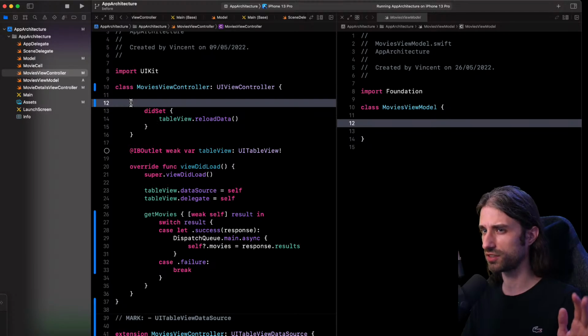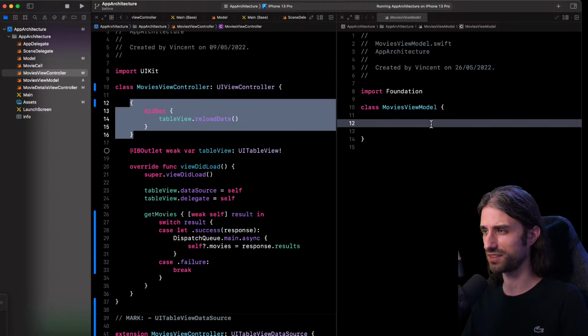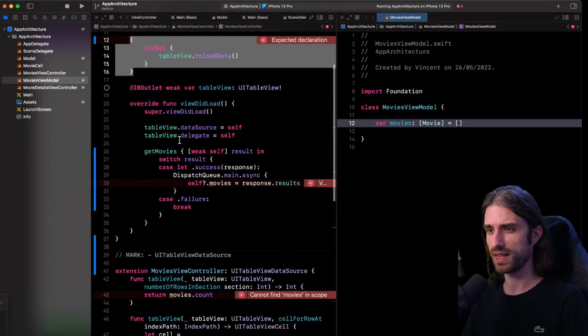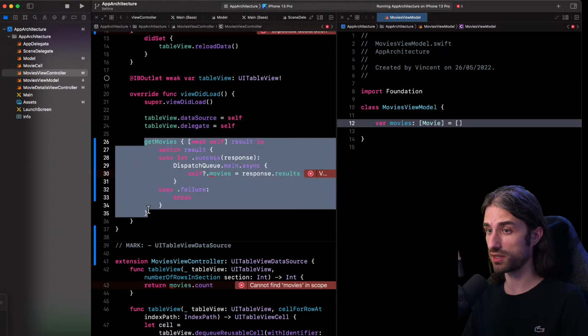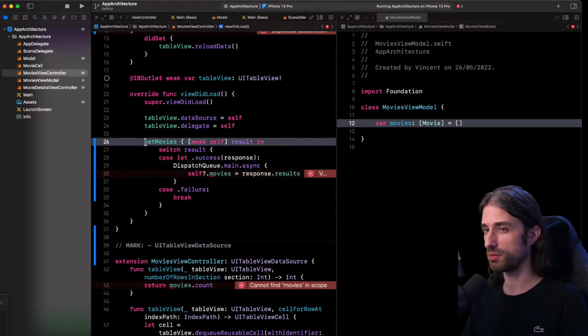Of course, I know this code doesn't build. We are going to fix it later. And I'm going to paste this inside the view model. Okay. Then this code right here, that's definitely something that should be inside the view model, because it's about knowing how to get data and then how to process it, how to make it ready to be displayed.